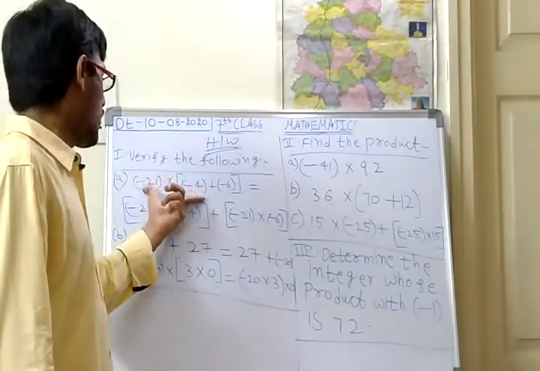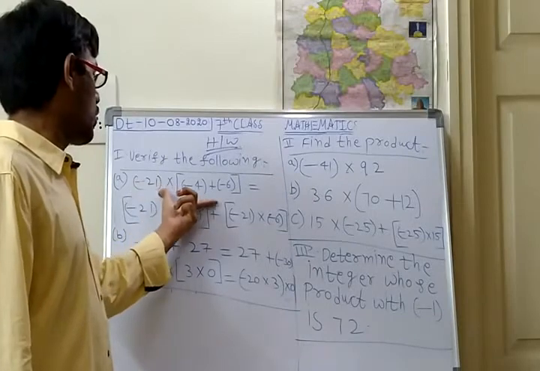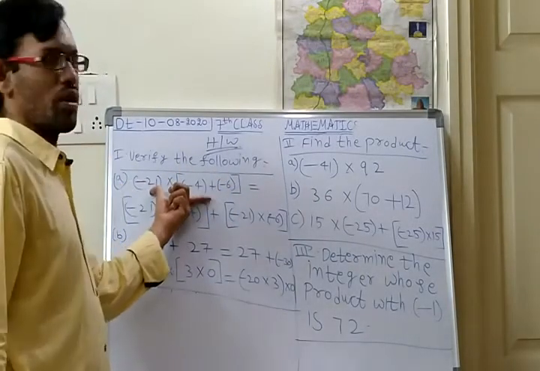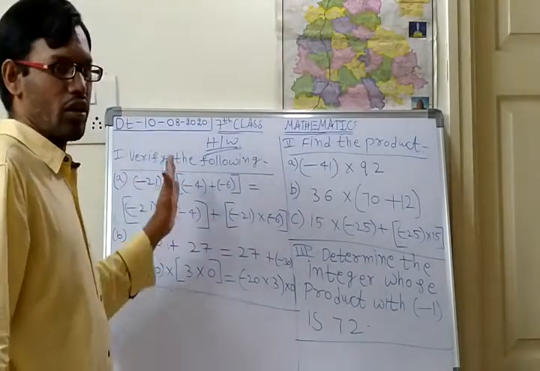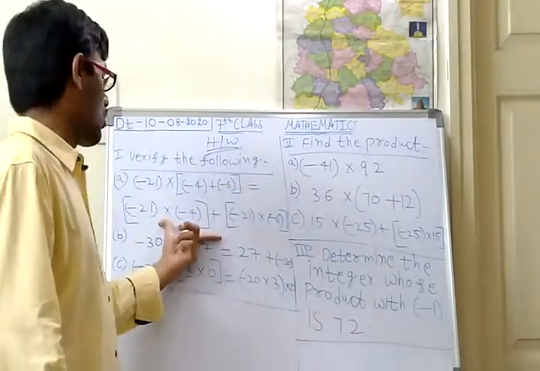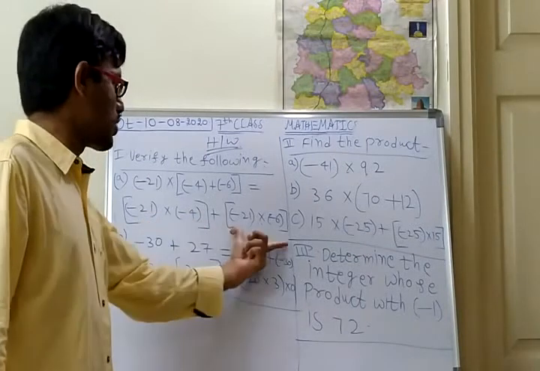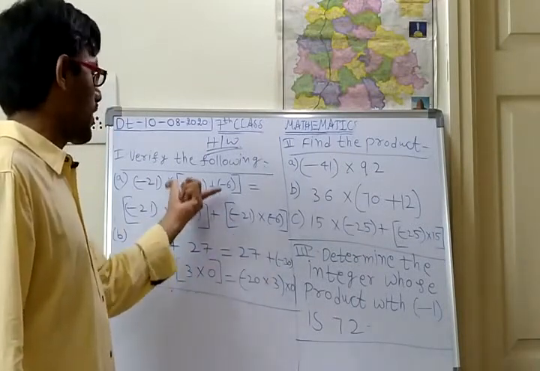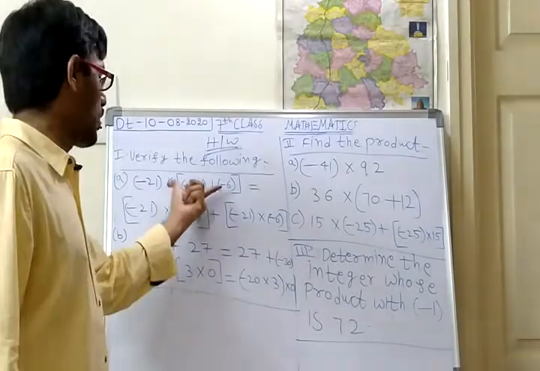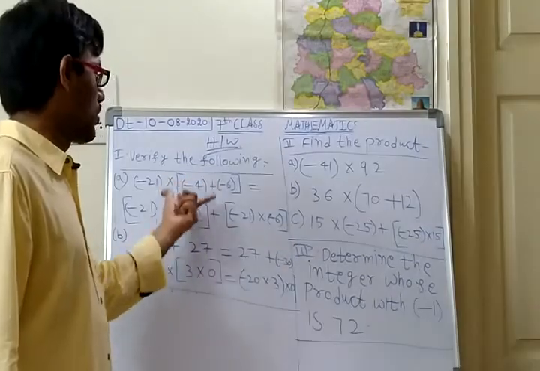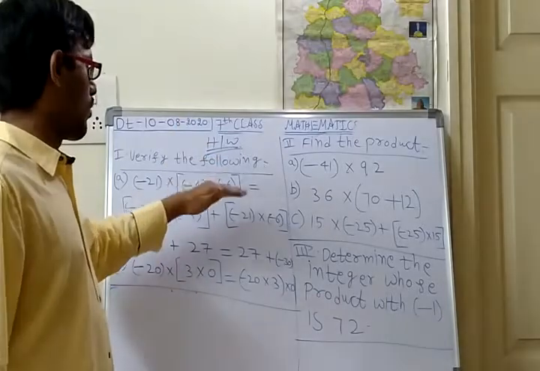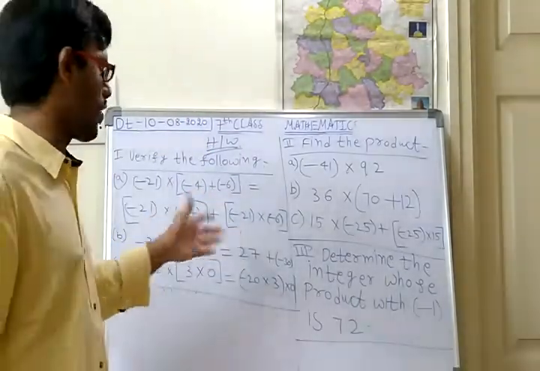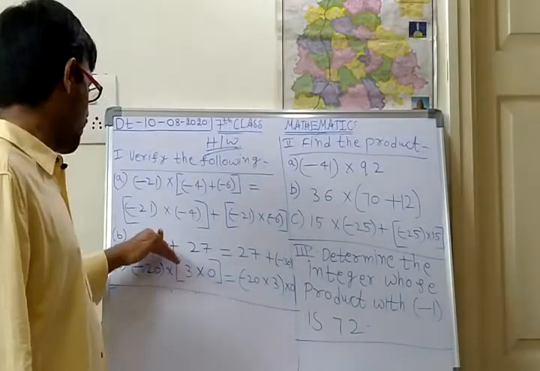So write down LHS. So minus 21 into minus 4 plus of minus 6. So first solve this one. So you will get one answer. You keep it there. Next, RHS. Go to RHS part. You solve these two. After these two, you add. So if the result is same in the two sides, then whatever the given question, that is correct. If not so, that is wrong. Okay. So like that you do B and C also.